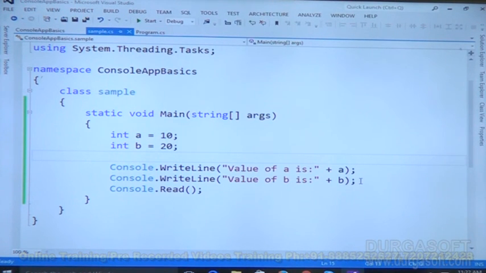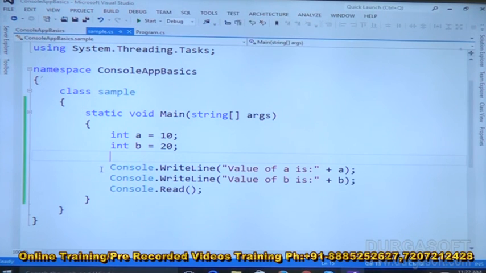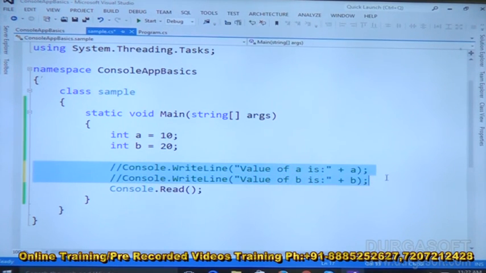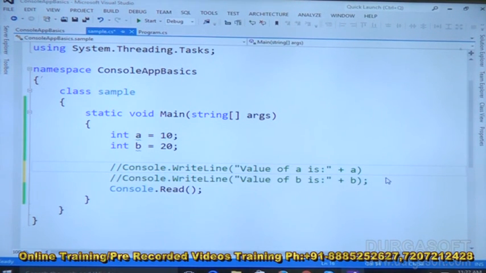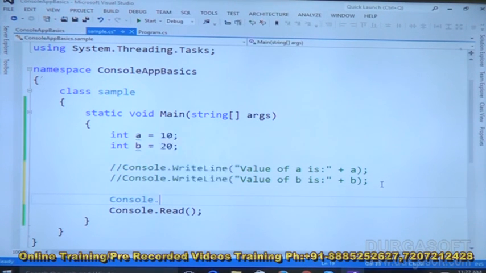Here Console.WriteLine, value of a is, value of b is: two statements I have written. Let's comment these two statements and create only one statement.